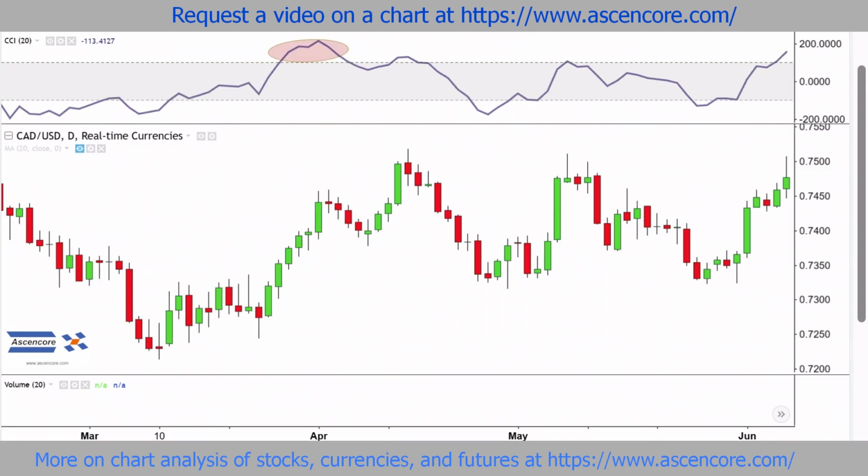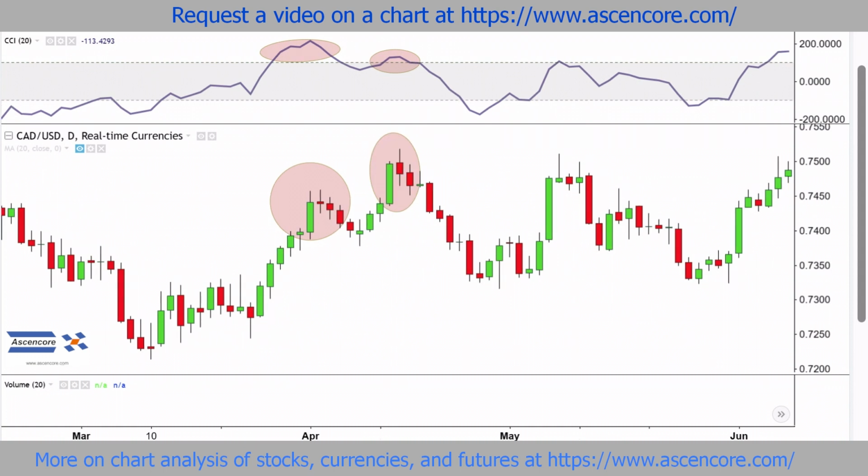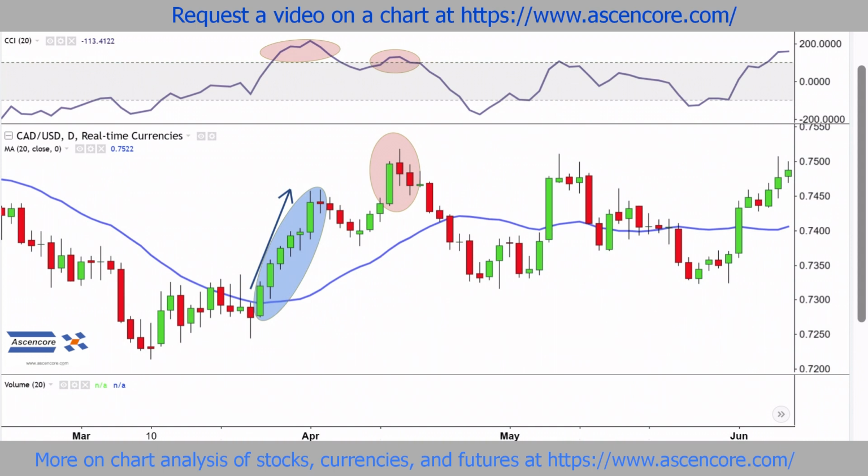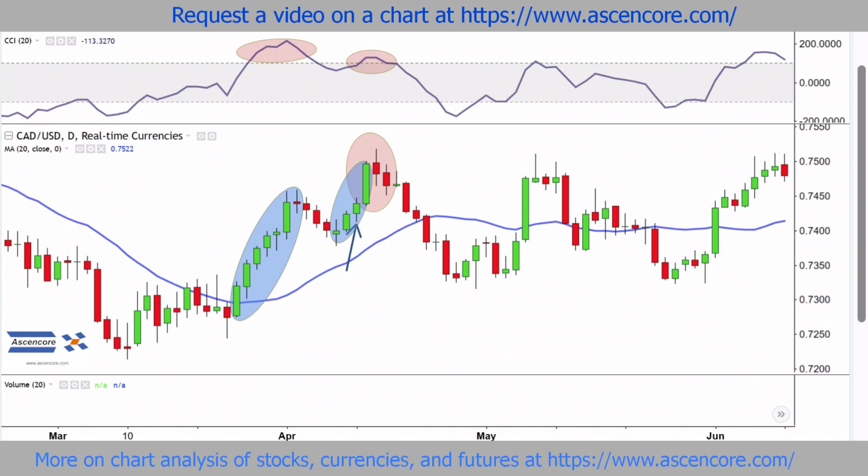Now, this is not strictly a divergence, but it may first appear the CCI and the chart are not closely approximating each other's movements. This is because the first major part of the trend that goes over the moving average will initially create more distance above the moving average, resulting in a higher CCI value, compared to this similar yet later portion of the trend, which is of course higher than the first portion, but by this time CCI values